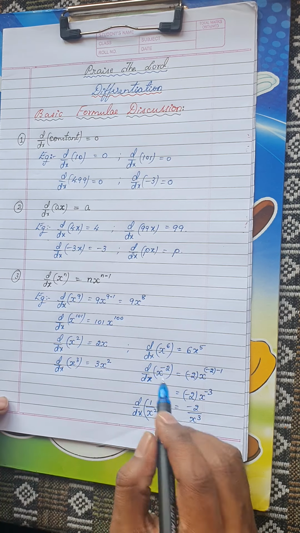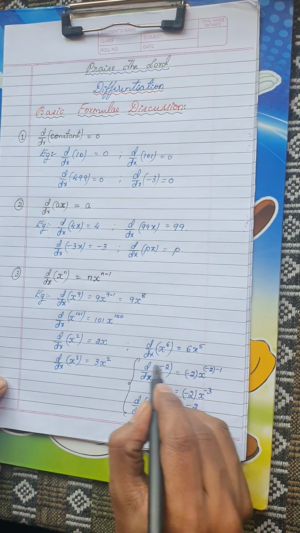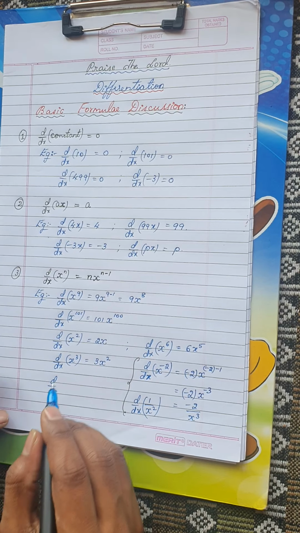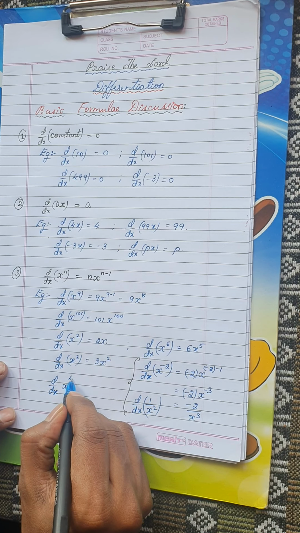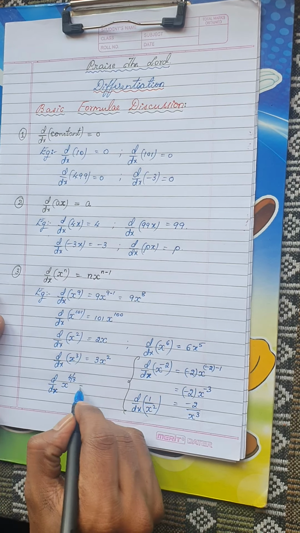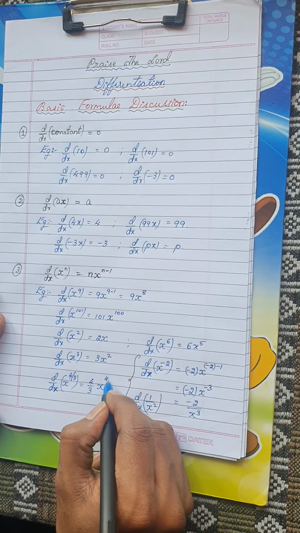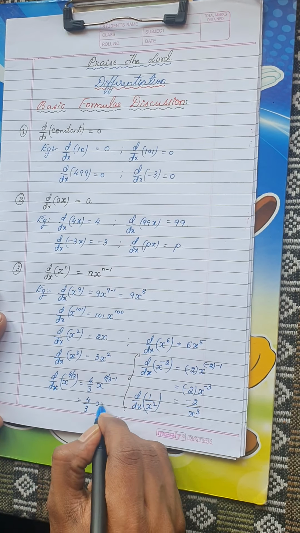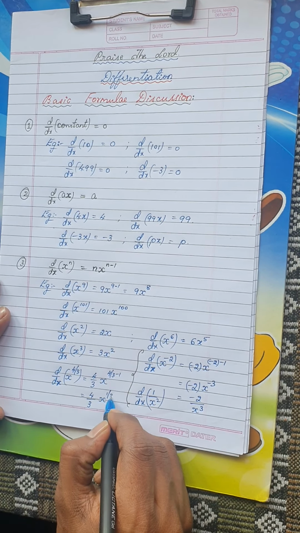Always remember, this is an exception here for this question. So the derivative of, let me take one more example. If I have the derivative of x power, let me say, 4 by 3. You need not always have a whole value. So x power 4 by 3 is, according to the formula, 4 by 3 into x power 4 by 3 minus 1. So this is nothing but 4 by 3 into x power, you can see here 4 by 3 minus 1 will be 1 by 3.